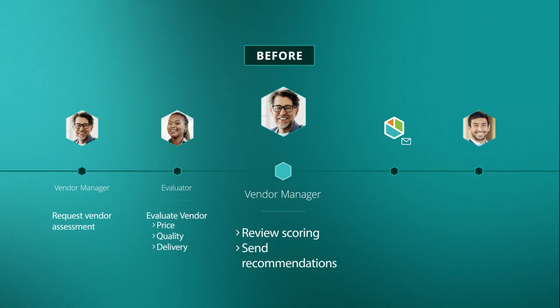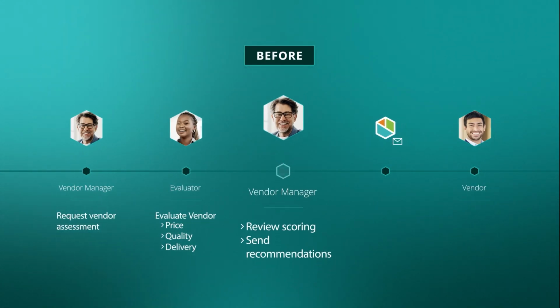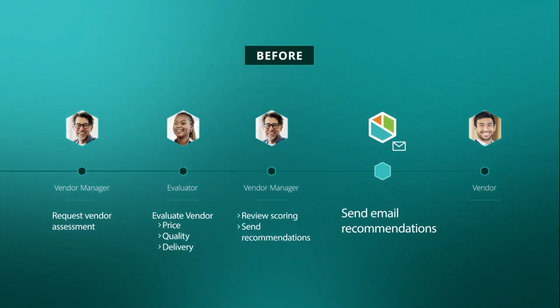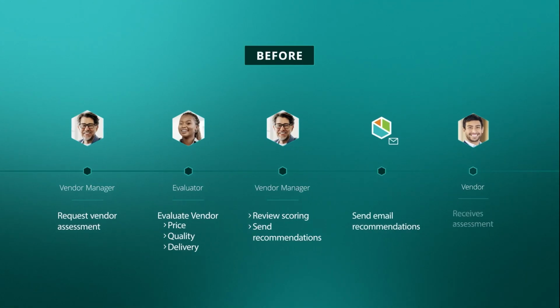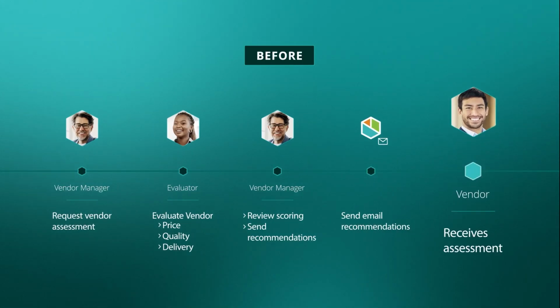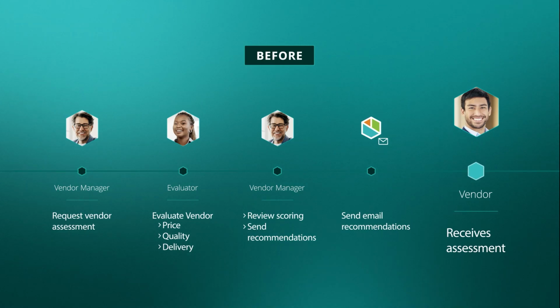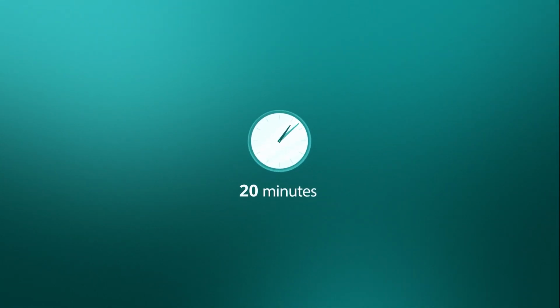He can then approve the scoring and feedback to Kevin, the vendor, highlighting areas for improvement which could enhance their working relationship. Bizagi will email the evaluation score and recommendations to Kevin, so he can make improvements on future services and ensure he is meeting agreed SLAs. This would take Malaika about 20 minutes to perform the evaluation and another 30 minutes for Peter to review the